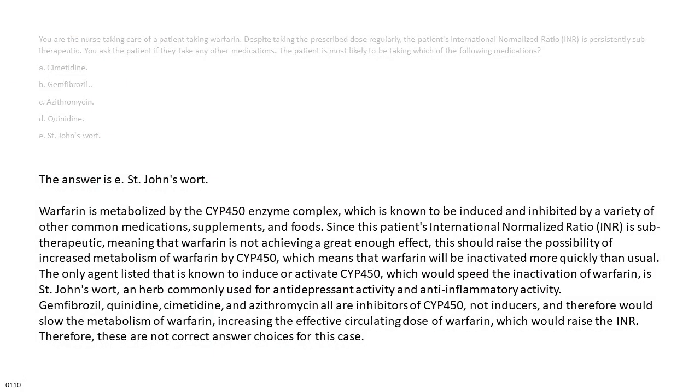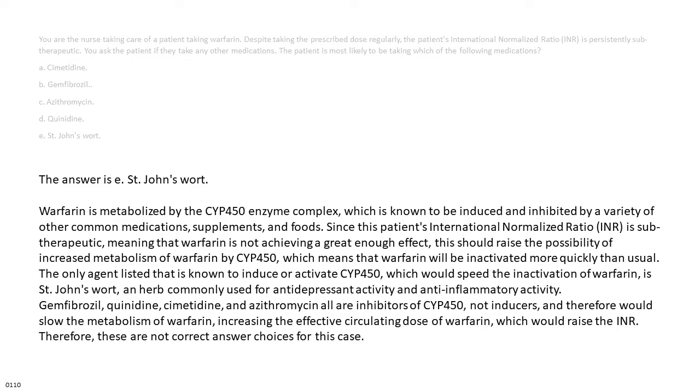The answer is E. St. John's wort. Warfarin is metabolized by the CYP450 enzyme complex, which is known to be induced and inhibited by a variety of other common medications, supplements, and foods. Since this patient's international normalized ratio, INR, is subtherapeutic, meaning that warfarin is not achieving a great enough effect,